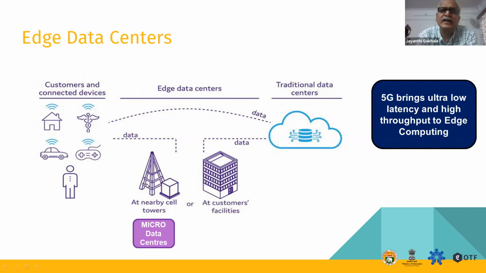So this particular data center mimics the entire infrastructure available at the traditional data center, but smaller in size. You normally call this a micro data center or a nano data center, depending upon how much you would like to provide here. So you have a data center very, very close to the cell tower, because of which it appears that you have essentially only one hop of transit of information from the point of